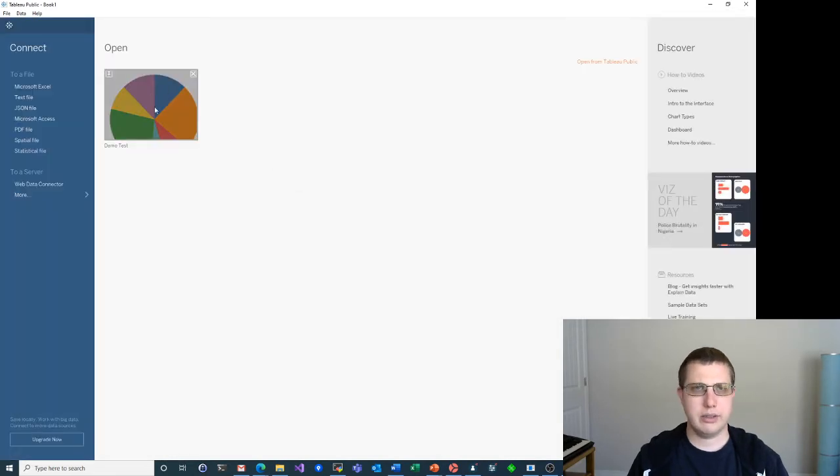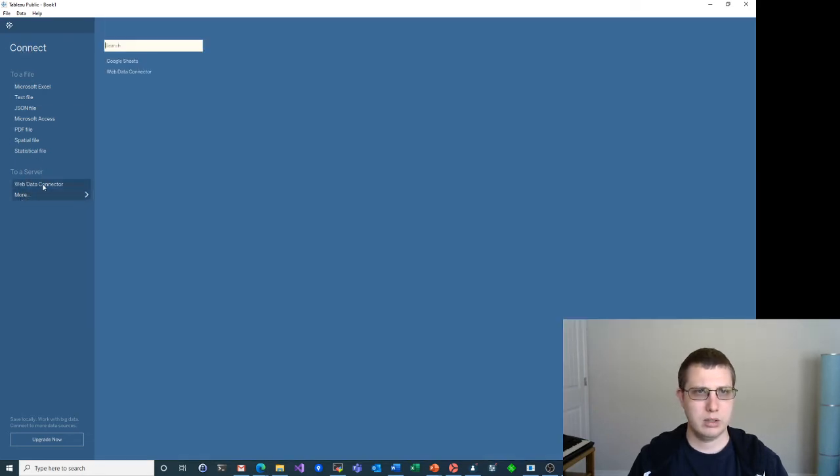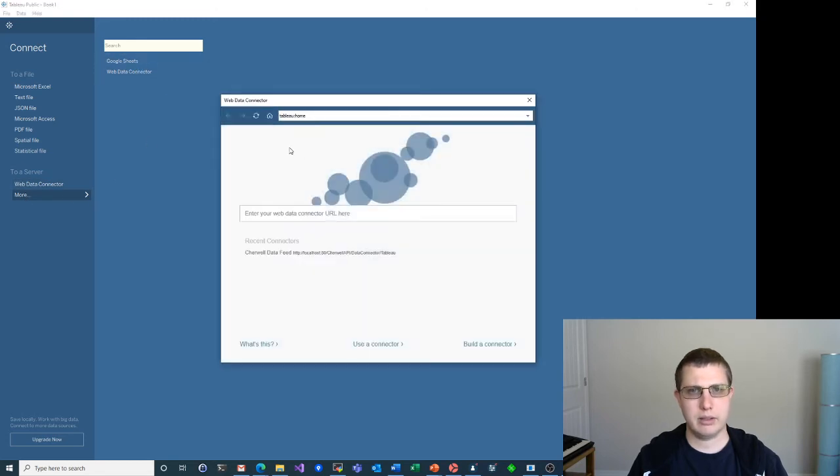And you can see I've already tested this out and basically built the exact same report as we did in Power BI. But what I'll do is connect to a server and more. Obviously it knows that I've done a web data connector before, but if you don't have this option, you'll go to more and then click web data connector. The web data connector URL is what we copied from that help page with the name of your server. In my case, I'm going to do localhost and then that API link, Cherwell API Data Connector Tableau, and we'll click,